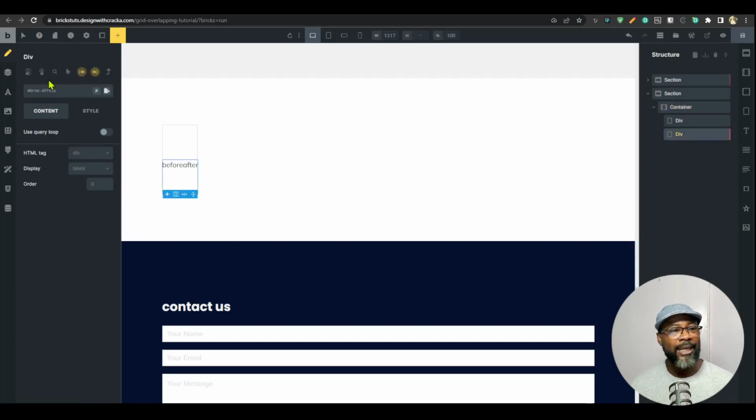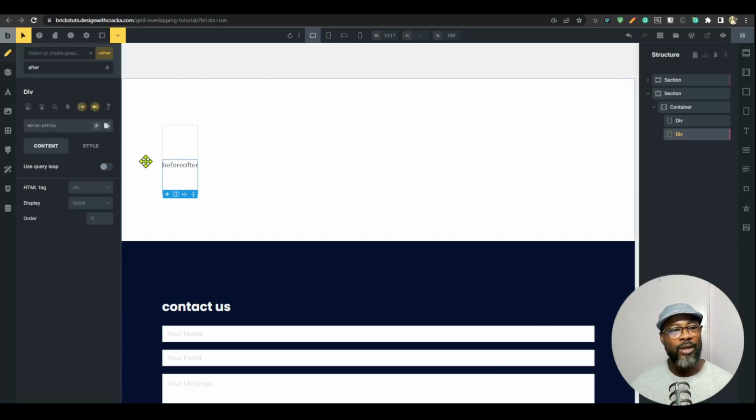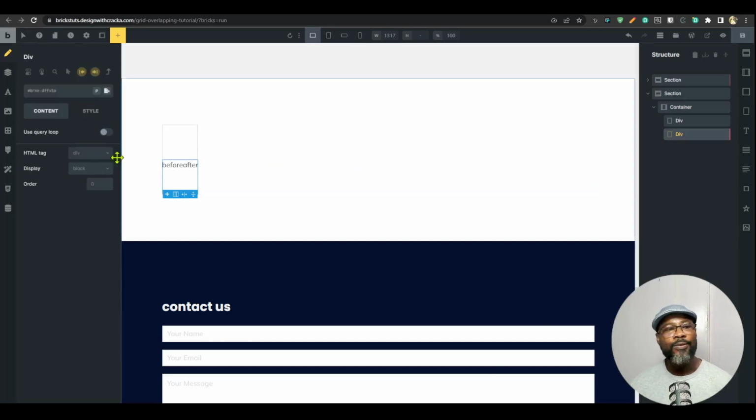So now if you select this, you can see that it has before and after. You click here, you have it, you click again to go out. Now one thing, let me check if this does something better than the default Bricks, because what the default Bricks does is when you have